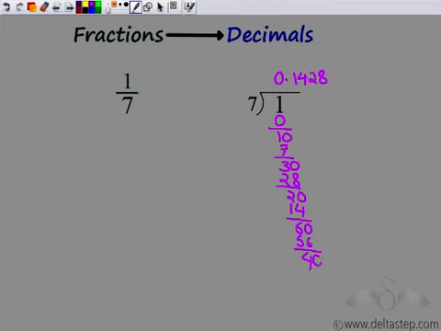So I can make this 40 now. 7 5s are 35. What I get is 5 again, which is 50. Now 50. 7 7s are 49. And I again get a 1, which is 10. So now I'm back to 10, which is 1.